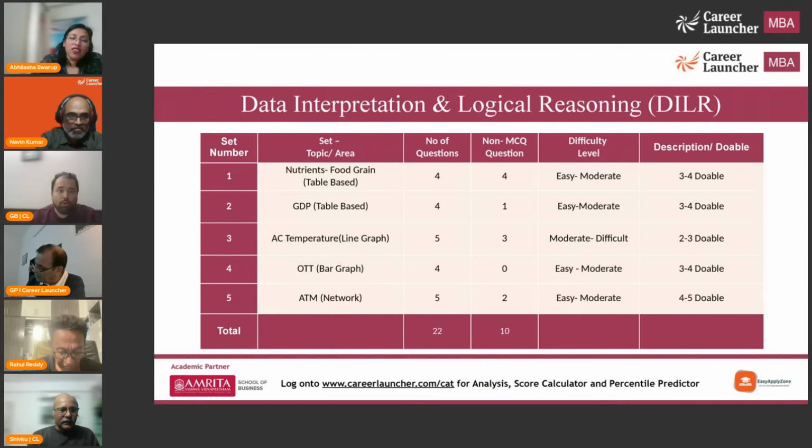So that was it, let's move to DI. Yeah, let's move to DILR and over to Naveen, probably to take us through this. Naveen, you could even probably go ahead and share a blank slide where you could probably discuss some of the questions. I don't remember all the answers, but I thought the first set, the last set of my section was